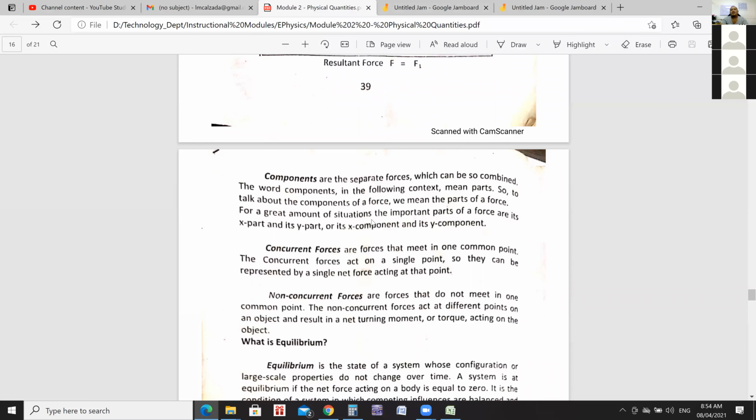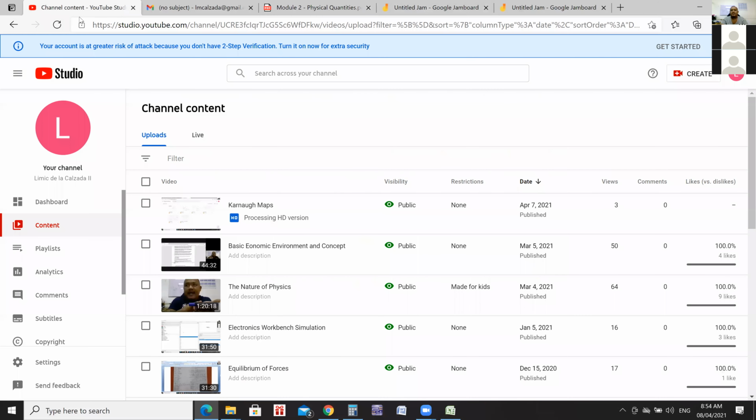Okay? The next, we have concurrent forces, which are forces that meet in one common point. Because there are times, class, when forces don't meet in a single point. They are not concurrent forces. They are called non-concurrent forces. For example,